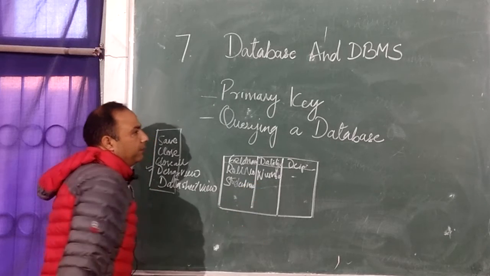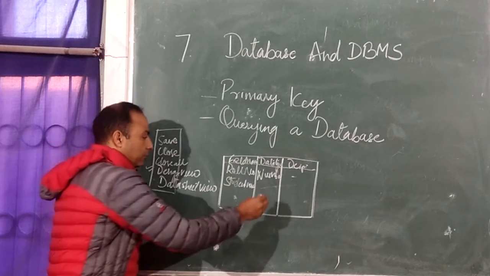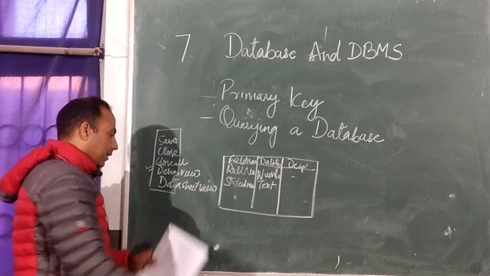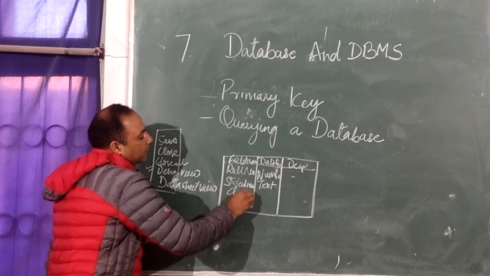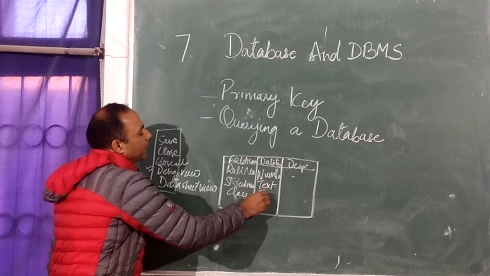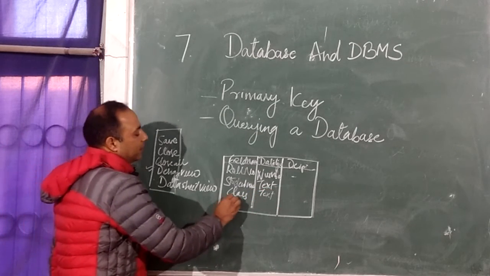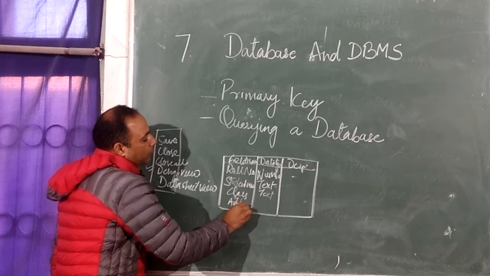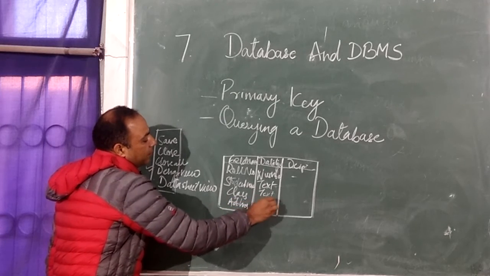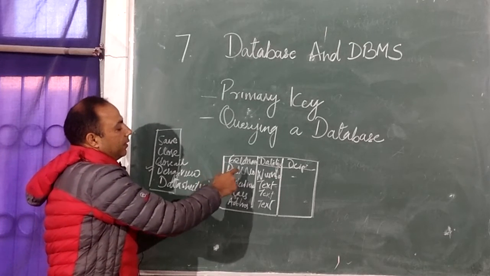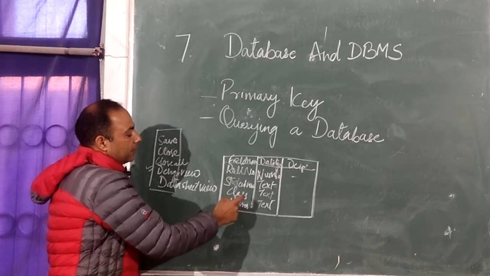name. Name means text, so text data type will be there. Then we also have class. Class we can write as text also. We can use the number type, but class is not used for calculation. And we can write the address. Within this field, text only, because we need to write the alphabet. So these are the fields: roll number, student name, class, address.